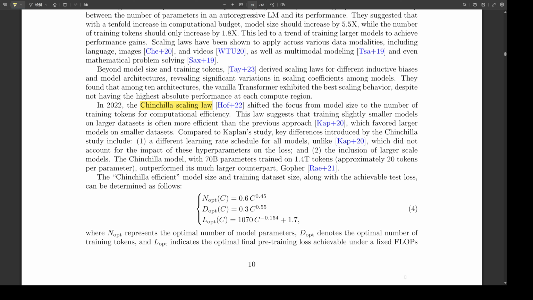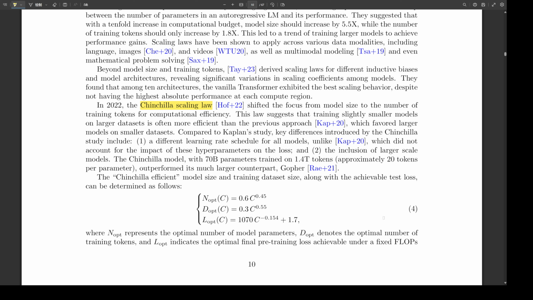So bigger models are better, up to a point at least. Well, it's not quite that simple. There are trade-offs. Bigger models are more expensive to train, both in terms of computational resources and energy consumption. And there's also the issue of diminishing returns. At some point, making the model bigger might not lead to much improvement anymore. So it's about finding the right balance. Exactly. And there's a lot of ongoing research into how to train these models more efficiently, how to get more out of the data we have. It's a very active area.